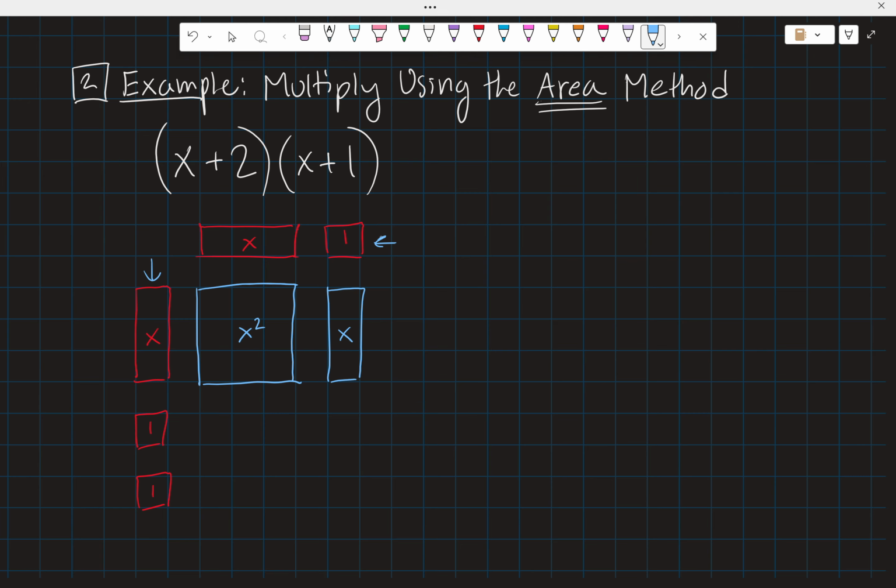Meanwhile, this x tile times this unit tile will give us 2 x's down here. And then we will multiply our 1 unit tile up here times the 2 down here to give us